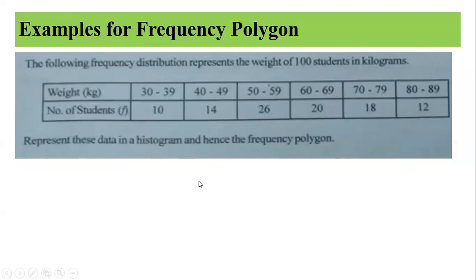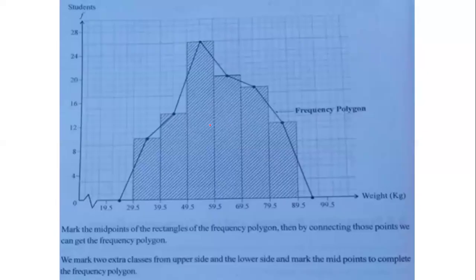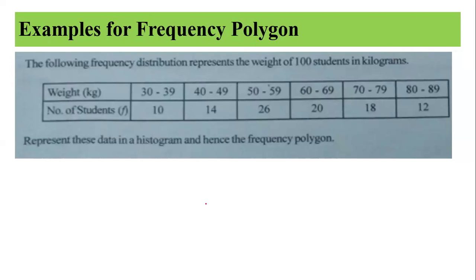Now, please try to identify the class boundaries, and after that prepare this histogram. This is very important when you identify the class boundaries. The first one, 30 to 39, means we know 29.5 to